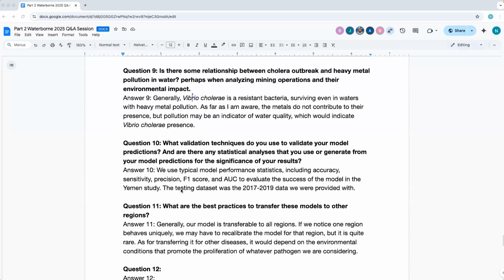First of all, generally Vibrio cholerae is a very resistant bacteria. It's very resistant to low oxygen levels. It's a facultative aerobe, meaning that it can sometimes survive without oxygen. And it also is able to survive in waters with heavy metal pollution. As far as I'm aware, there's no contribution of metals to the bacteria's survival, but there is a possibility that,